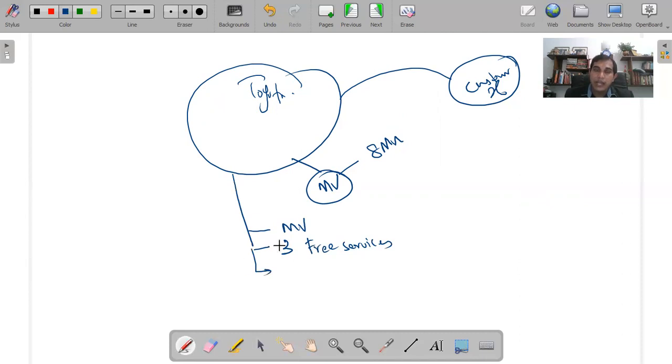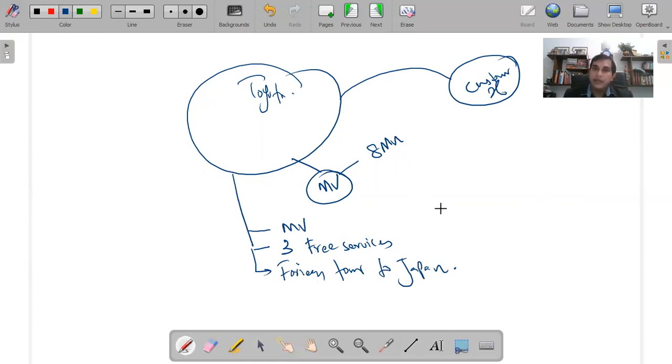In addition to that, there is another item: if this particular motor vehicle is used by the customer for 2 years without any major repairs, that customer will be sent on a foreign tour to Japan. This is free of charge to the customer. This has been mentioned in the agreement.